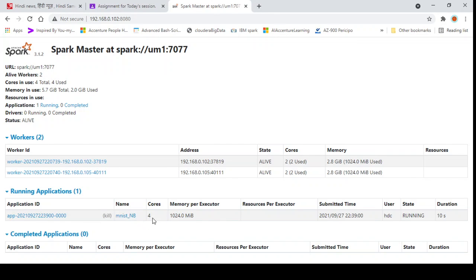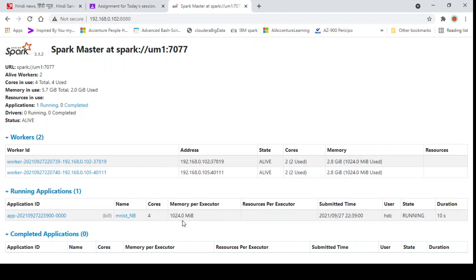So see, it has assigned all the 4 cores to my machine. Like I have assigned 2 cores in one machine and 2 cores in the second machine, so it has assigned all the two workers for this application ID. This is the application name that we have given in the Python file in the beginning, and it's running from the last 10 seconds.